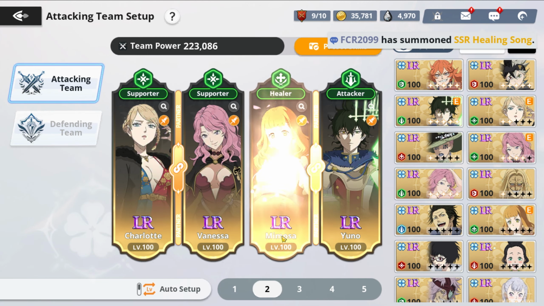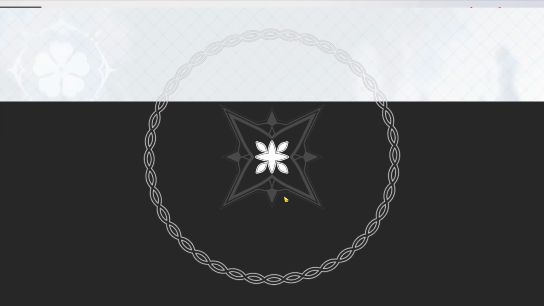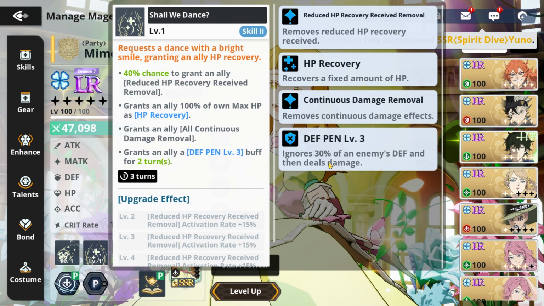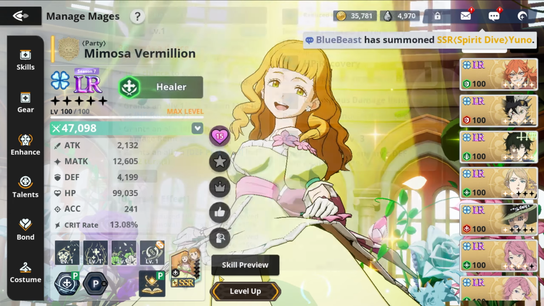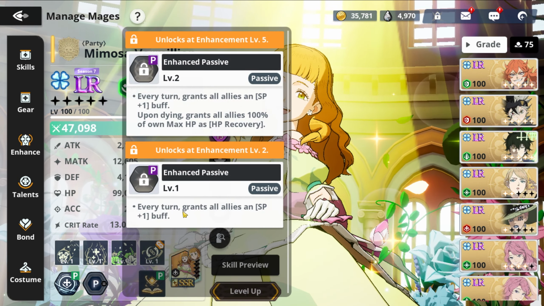So yeah, Vanessa is actually pretty good here, and one that was recently featured that I recommended everyone pick up for free during the Gateway Reunion was actually Mimosa the healer, which can heal up your YUNO if you're somehow a bit weak. You can give him the damage penetration, which means more damage, of course. But also, if you get towards 2-star, you're going to be getting an SP buff for all allies every single turn,